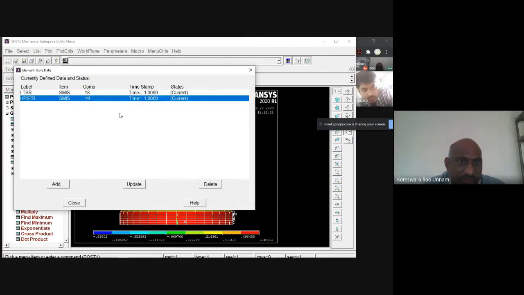Then click OK. Then hoop stress, I'll take HPSTR as the label for that. Again, I need to use the sequence number, and this one is for 19. Then click OK. So now two items will be added to your element table here.